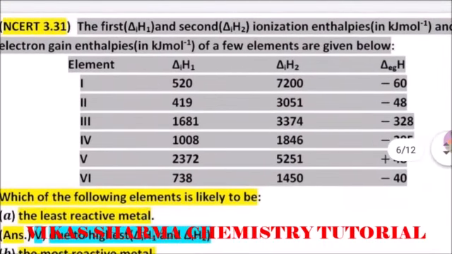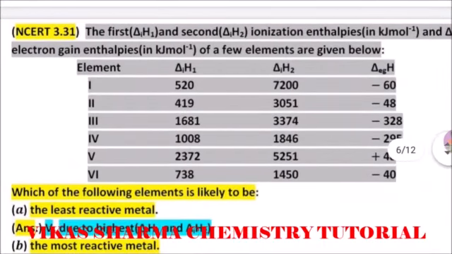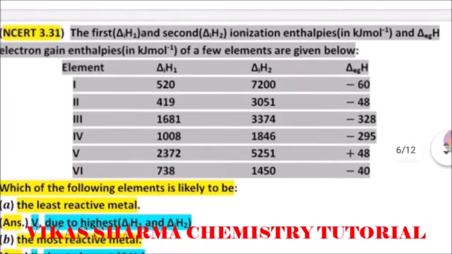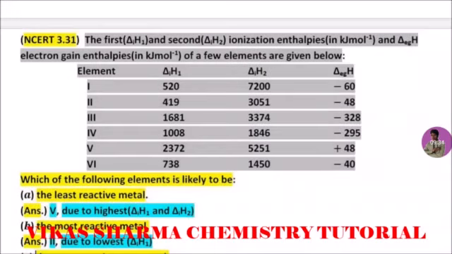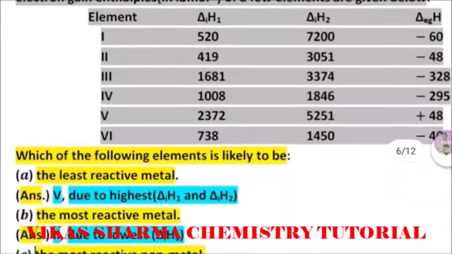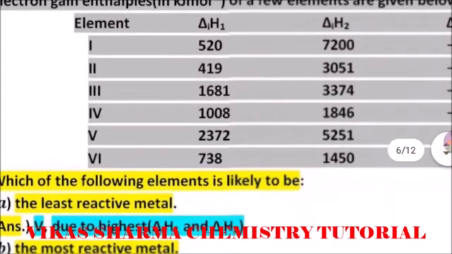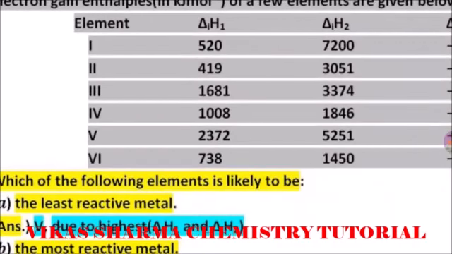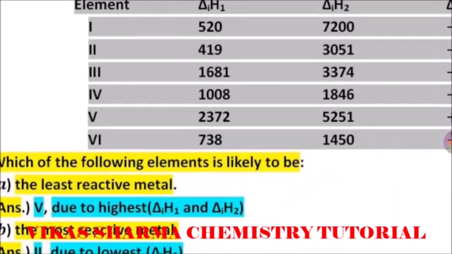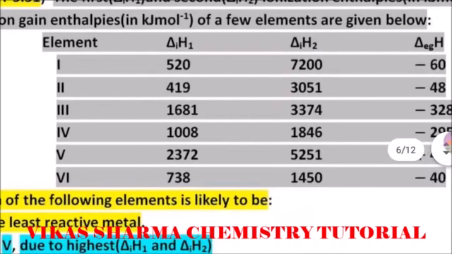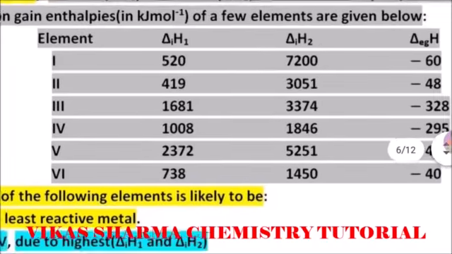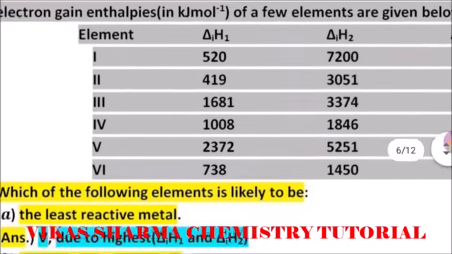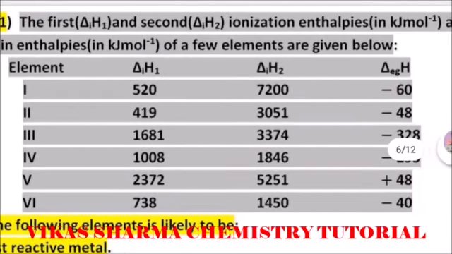NCERT 3.31 is a question. The values of delta IH1, delta IH2 (ionization enthalpies in kilojoule per mole) and delta EgH are given in a table, as you have seen. There are six elements, and their various delta IH1, delta IH2 and delta EgH values are given. The questions are made according to their delta IH1 and delta IH2 conditions. First one,